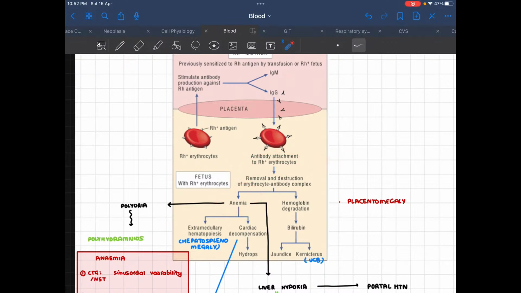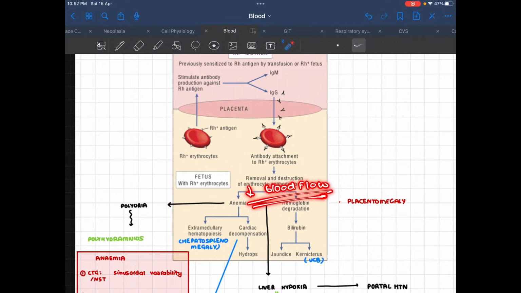As soon as anemia occurs, now the placenta sees, यार, placenta को blood flow increase कराना पड़ेगा. So what's going to happen is blood flow, whenever it is increased, the fetus also undergoes polyuria. तो उसके कारण what's going to happen is, whenever you have anemia, we're going to have decreased blood flow to the kidneys. ठीक है? So there is decreased blood flow to the kidneys, and whenever we have decreased blood flow